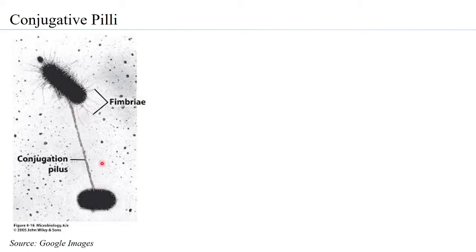And this is definitely a specialized sex pilus. So the length of the pilus can be definitely greater than the fimbriae, but it can also be greater than the flagella. So it can extend to more than 20 micrometers. On an average, however, the size of the pili is anywhere from 2 nanometers to 11 nanometers. So they are short appendages, but when required, they can extend and form a very long filament as well.